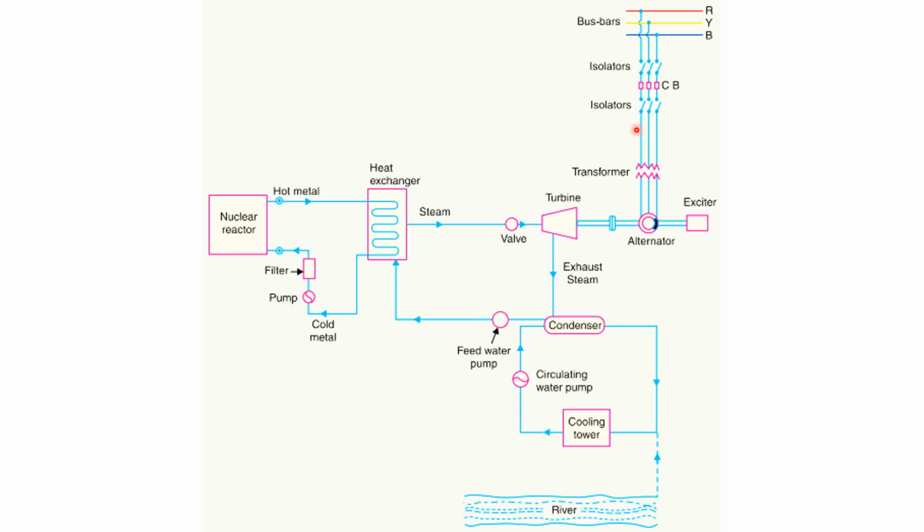transformers, and several protection devices are also inside here, like circuit breakers and isolators. Their objective is just to isolate the plant in case of any faults. And then there is an exciter system for the synchronous generator, and it creates the permanent magnet of